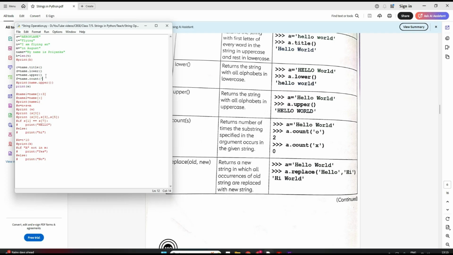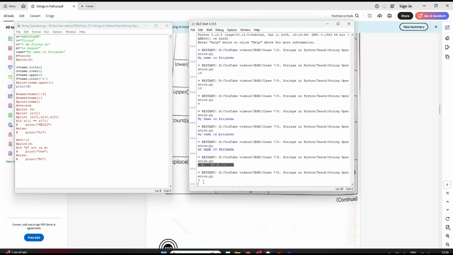Suppose I want to count how many times A has come in my string. Okay, I'll print F here. Now save. Now tell me how many times A has come in this string. 1 is this, 2 and this, 3 times, right? Now let's run and see what it comes. See, 3 times. Clear? Right?